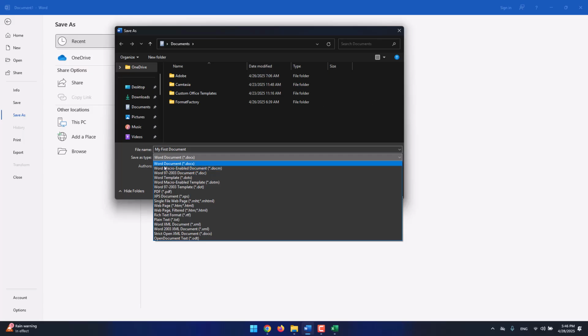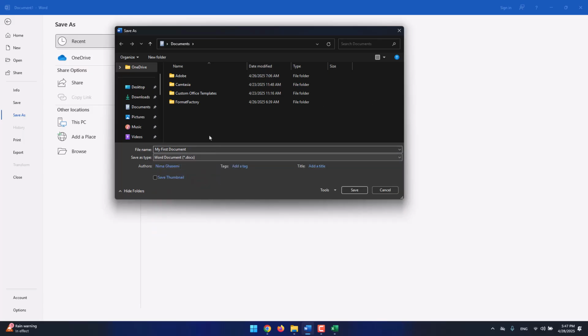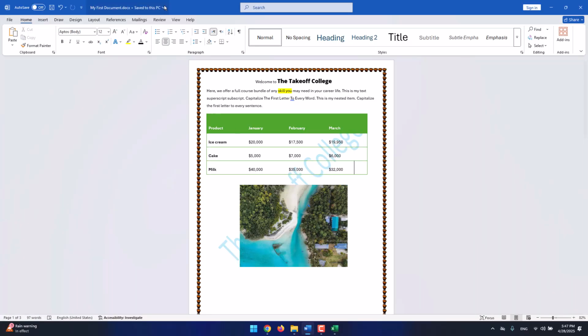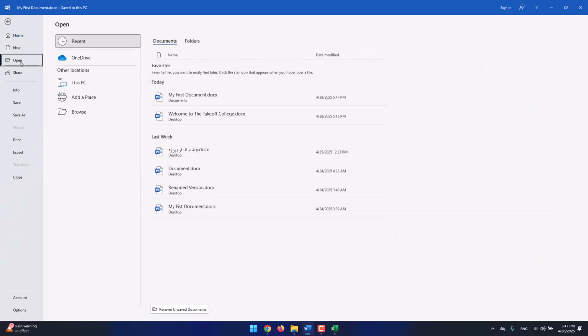You can save it to a Word document, which is the default. So if I click save, this is now saved. And if I try to open,